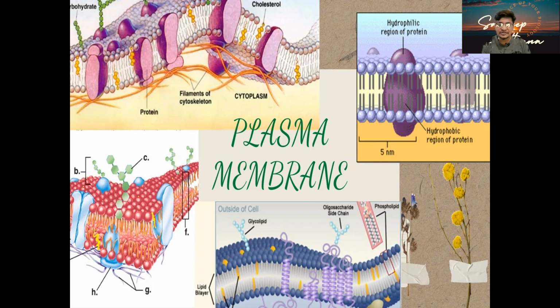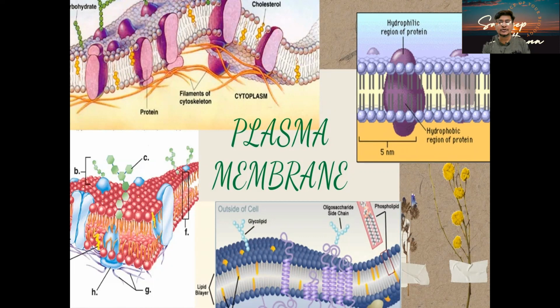Now we have a lot of information after the Singer and Nicholson model, which we call the fluid mosaic model. Otherwise, the dynamics of the plasma membrane is very difficult to understand, and it is difficult to answer a few questions which were raised in the beginning when the plasma membrane was in the process of being discovered. Most of the answers are given by the fluid mosaic model, but still many unanswered questions are there. We see a lot of changes happening during the process, and a lot of research is going on in the structure of the plasma membrane.